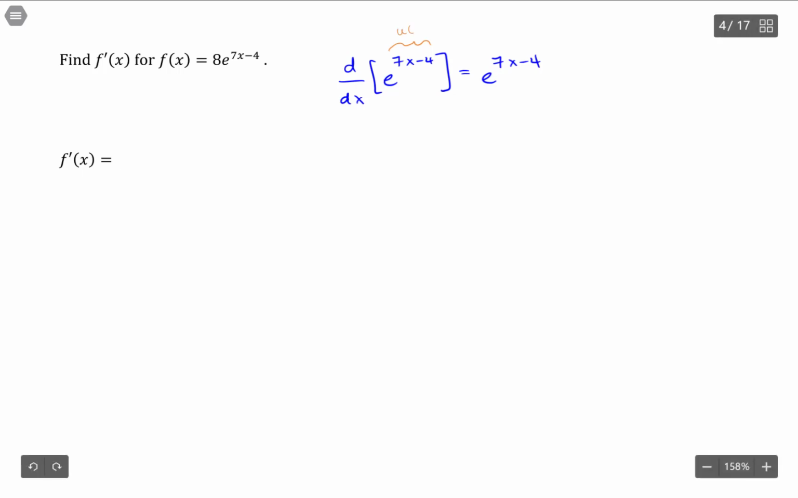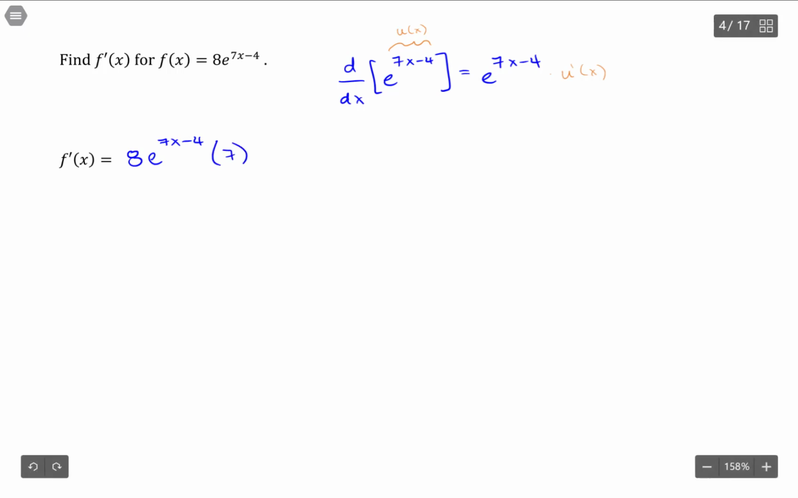But because it is some function of x, what we need to do next is multiply by the derivative of that function. So the 8 I will leave to the side, because you can always disregard constant multipliers while doing your derivatives of functions. And then I have e to the 7x minus 4, and then I multiply by the derivative of the exponent,